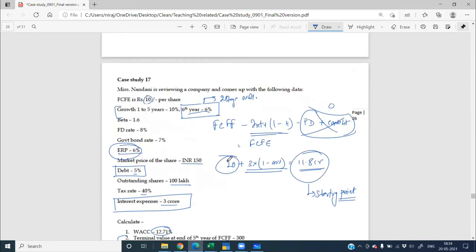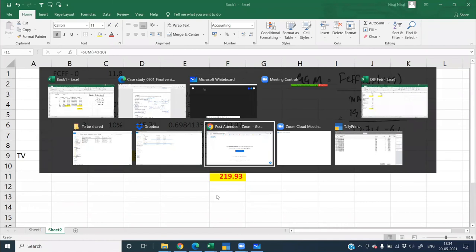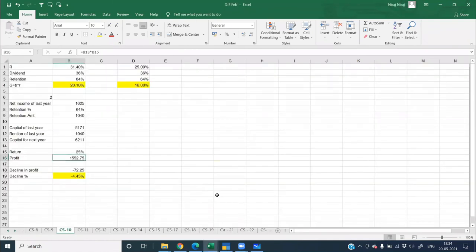So for the revision of FCFF, FCFE terminal value, this specific question and the scenario 1, scenario 2 questions are the best questions to revise the concept. In scenario 1 and scenario 2 also we calculated the present value of the terminal value, and there also we discounted it by n minus 1 only. That was a 4-year sum, so you will remember we had discounted by 3 years in that case. I will just show you that once, to recollect what we have done.